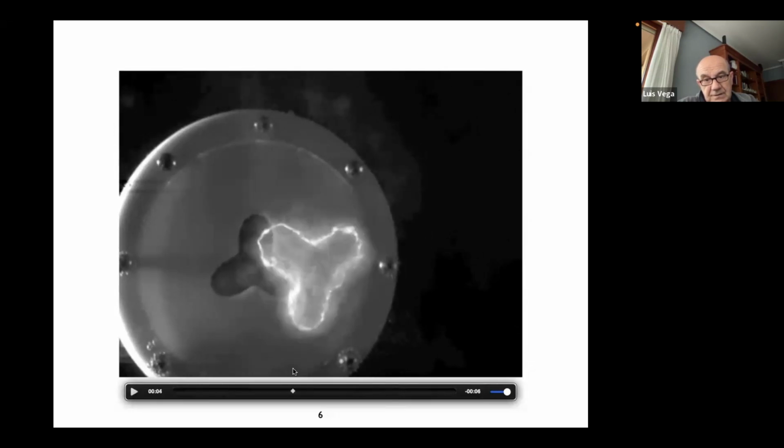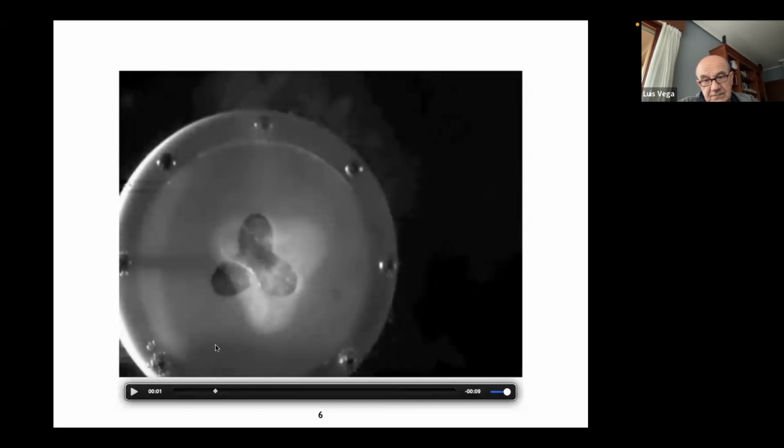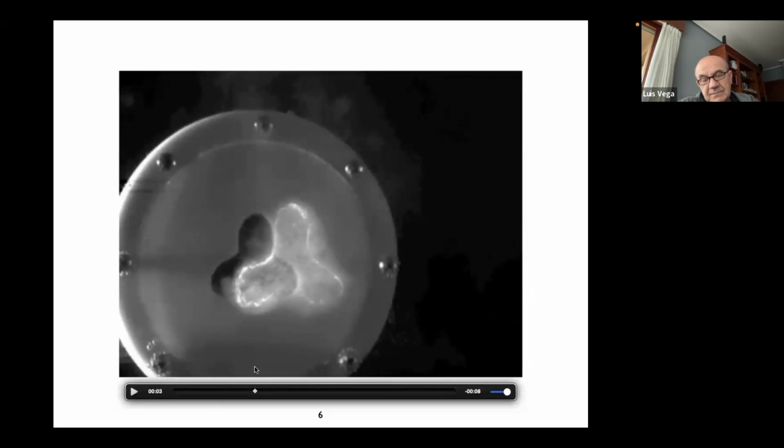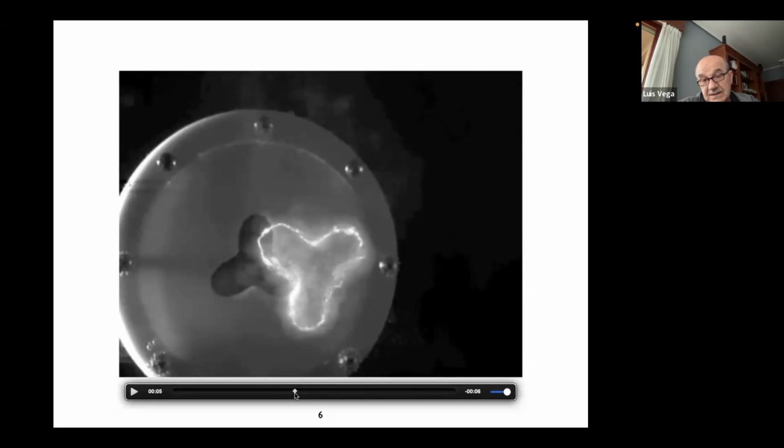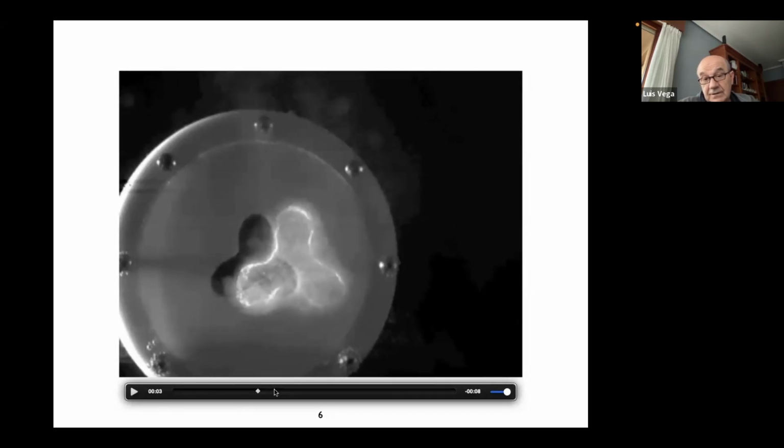So, for example, at the very beginning, it is not clear what you see, but suddenly you start to see the filament, if you want, and eventually you identify a very precise shape, which is very reminiscent of the nozzle that you see behind the screen. And what is interesting is that this shape, in a sense, is repeated later on, but where all the symmetry has changed, the axis of the symmetry has changed, right? If you want, you go from this shape to the previous one, or the other way around.